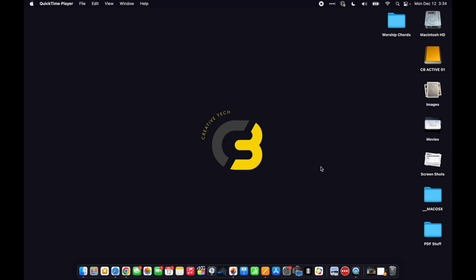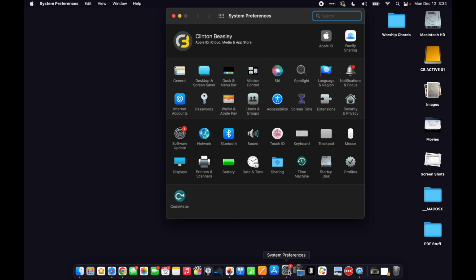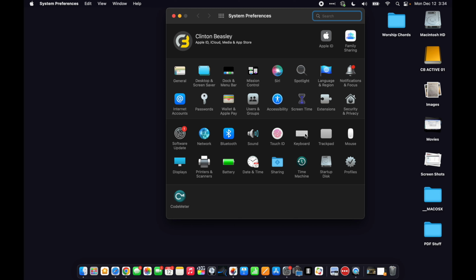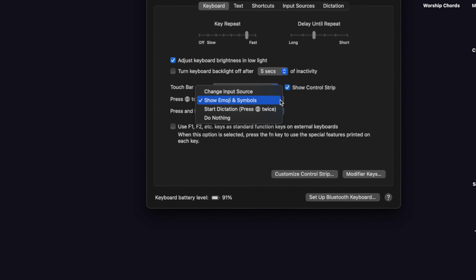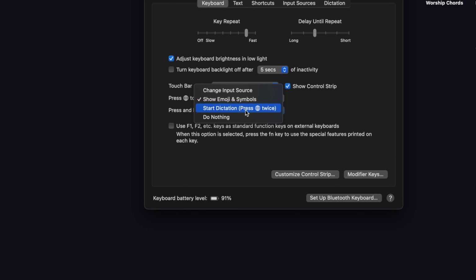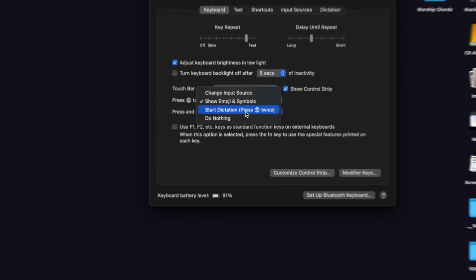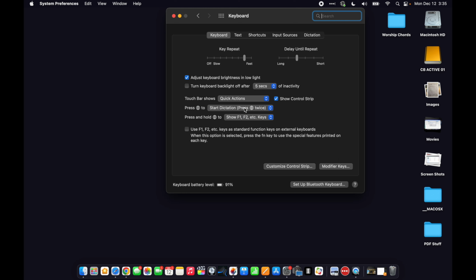So first, open up System Preferences. Then go to Keyboard. And then on Keyboard, in this middle option, where it says press the little world key, the function key, to show emojis and symbols, hit the drop down and check this out. Start dictation, pressing the little world key twice. Boom. And now, after you change that,